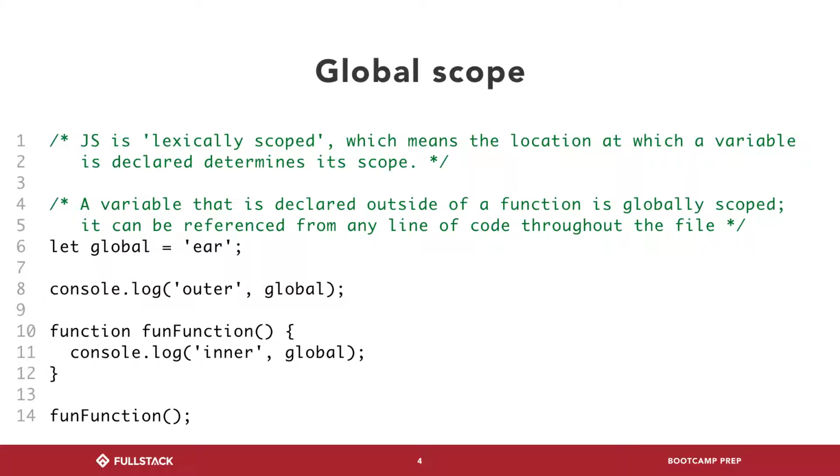So scope is something that only works, I guess, unidirectionally, right? It can look in its scope, it can look in its parent scope, it can look in its parent scope, all the way up to the global scope. But it's unidirectional in the sense that you can look in your parent scope, but you can't look in your child scope. And so in the next example that we see here,